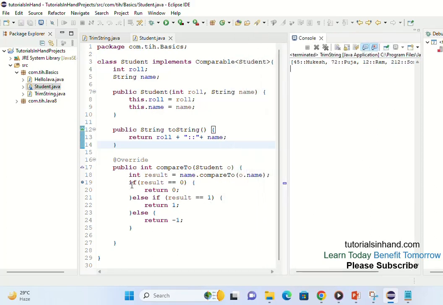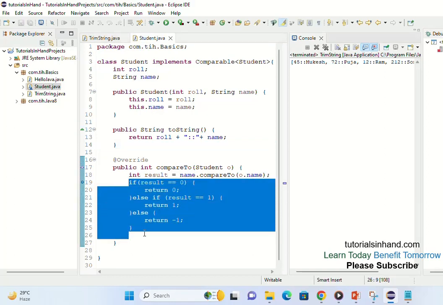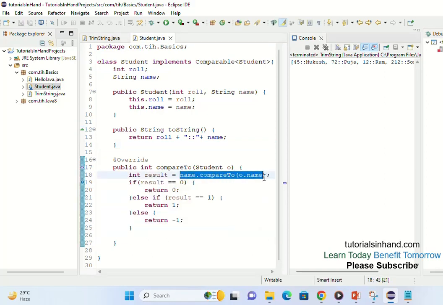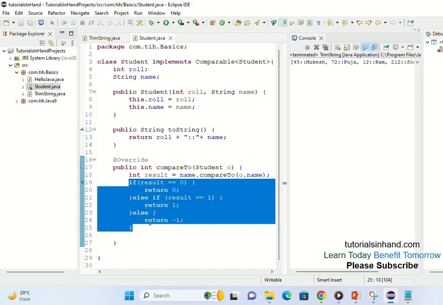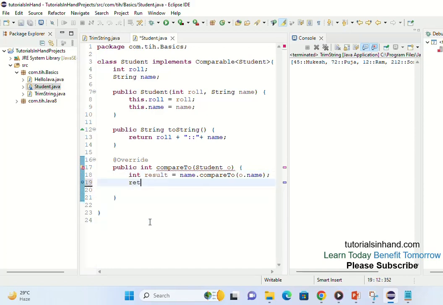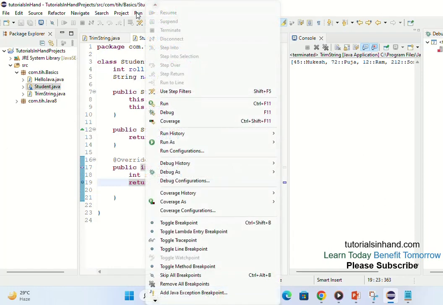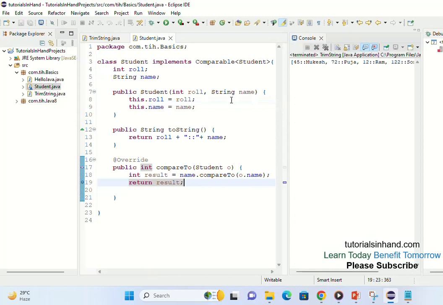I think this much logic is not needed, because when it will compare, it will either return the result as 0, 1 or -1. So whatever result we are getting, we can simply return that, and that will also work. And in that case, this if else logic is not needed in case of comparing strings. So let's check whether this is correct or not. Let's again execute this one and see whether we get the output. See, we are getting the same output, right?